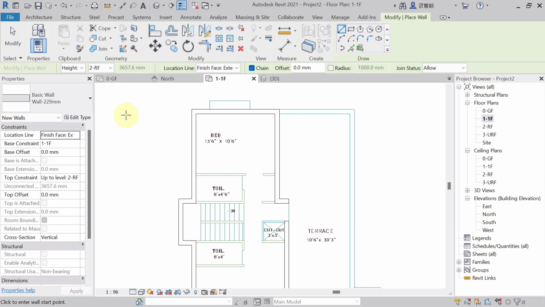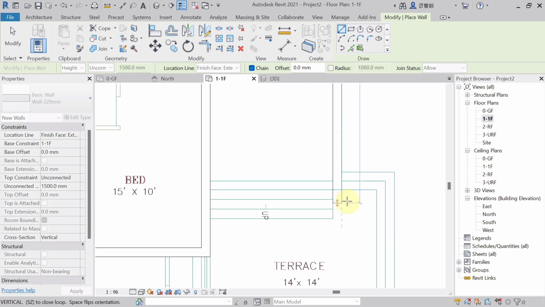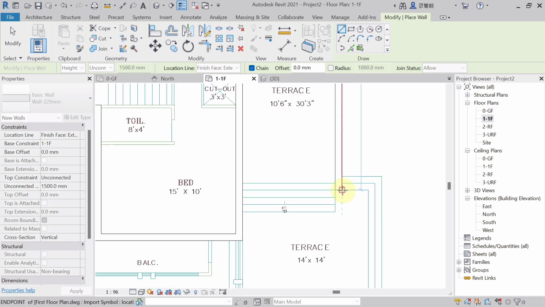Now suppose the boundary wall which I am creating here, I want the height of that wall 1.2 meter, means 1500. So from here you just have to select unconnected and give the height you want, 1500 mm, just give it. Now trace the wall. This is all our boundary wall, so as per that you have to draw it